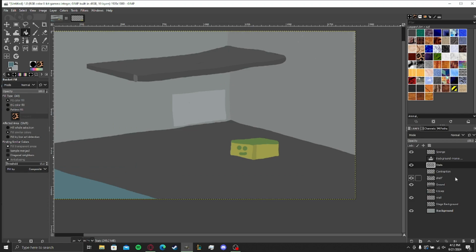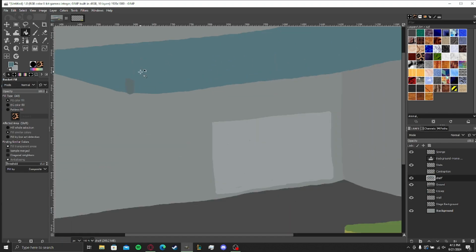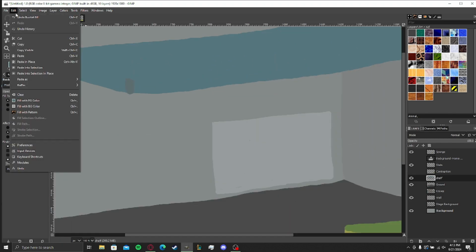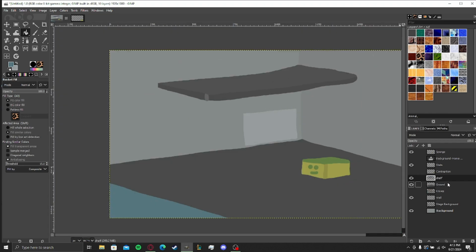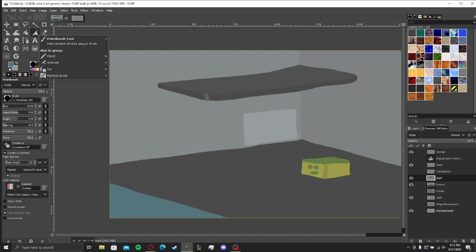Let's see. If I go to the shelf, I could probably... No? It's not right. I don't know. It's kind of working better because I'm working with different layers. But if your entire thing is one thing, like you have two colors,